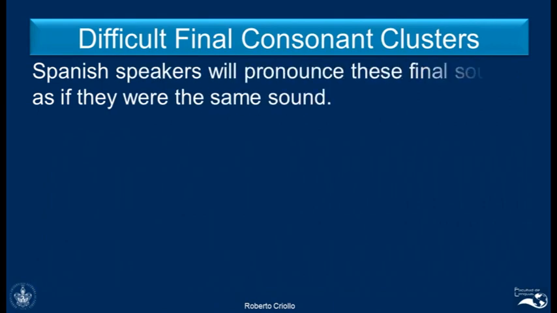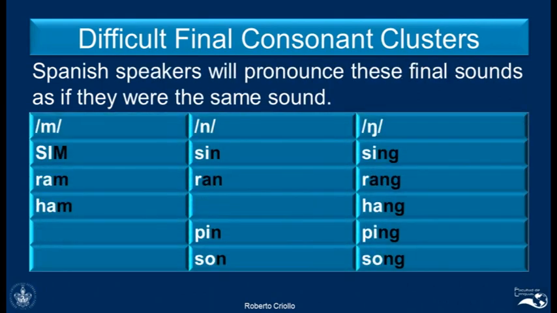Finally, learners will have problems with the final consonant clusters that include nasal sounds because we will tend to pronounce them as if they were the same sound. Okay? So what we need to practice is to make the difference between m, n, and ng. For example, sim, ram, and ham,